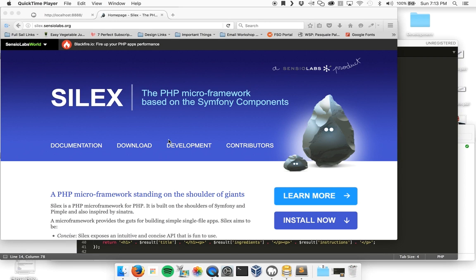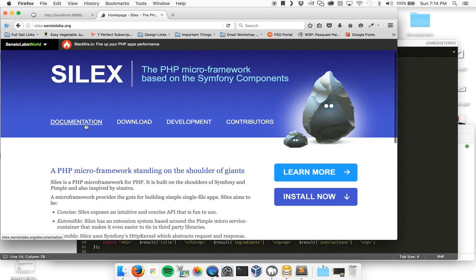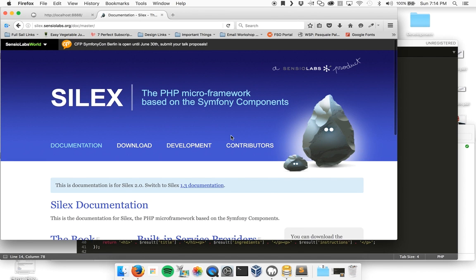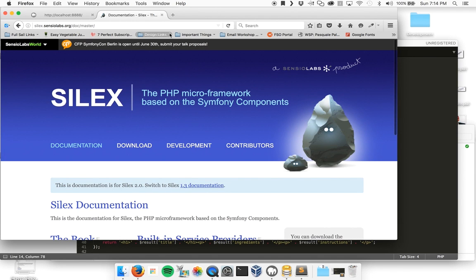I just want to give you a quick rundown of my application for this week. I decided to use Silex as my framework. This is a PHP micro framework that's based off of Symfony and has good, clean documentation that's easy to understand. It was fairly easy to download and install, and everything's broken out in a place where you can read it easily here on the site,